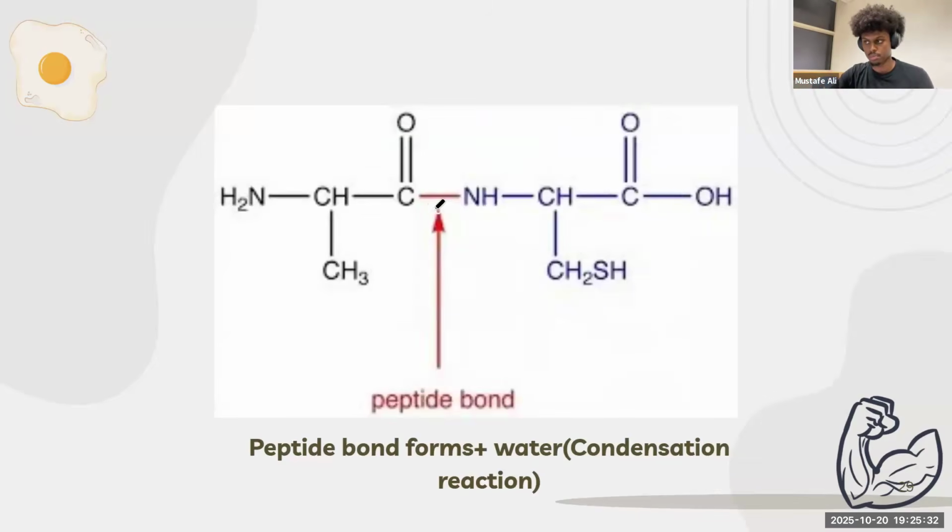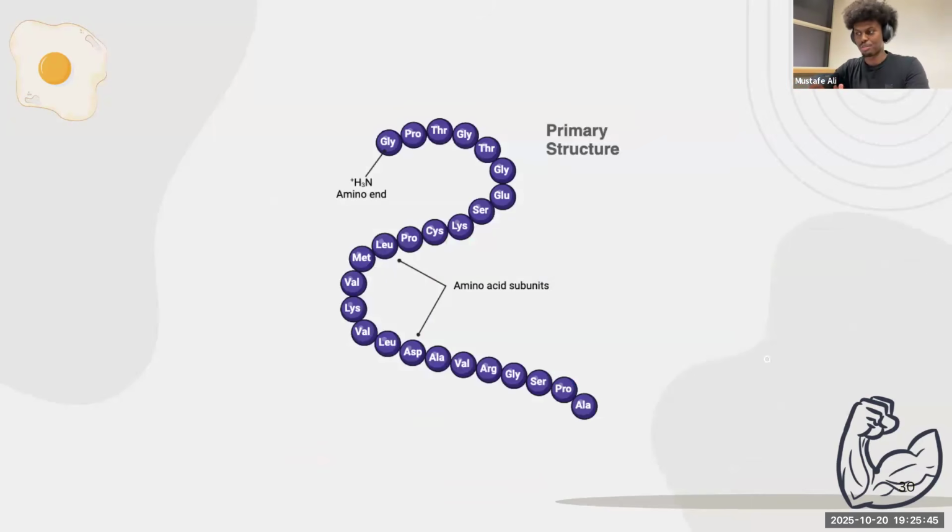Now again, here is another peptide bond that forms between two amino acids, and at the same time, there will be water that is released alongside the peptide bond that forms, okay? So this is a chain of amino acids. And there's just one small concept that I wanted to explain before we move further. Now, we said that peptide bonds form between amino acids, right? The carboxyl group of one amino acid with the amine group of the other amino acid. Amino acids are usually connected to one another, and they're usually in a chain-like shape.